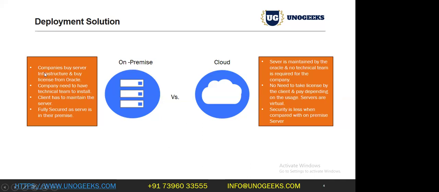Here we have captured some information on the difference between on-premise and cloud. It will be easy for you to understand; it's just simple, generic words. With on-premise, companies need to buy server infrastructure and a license from Oracle, and also need a technical team.